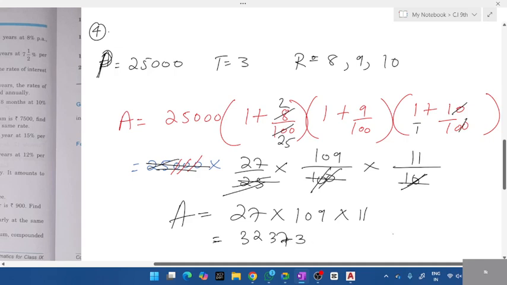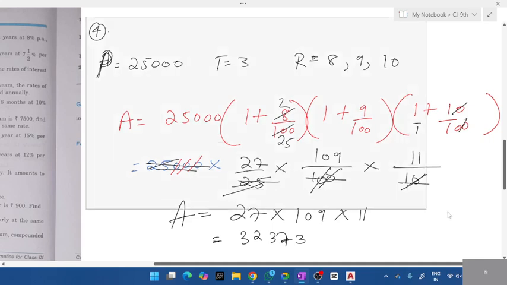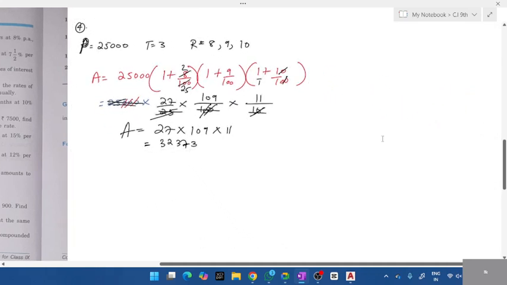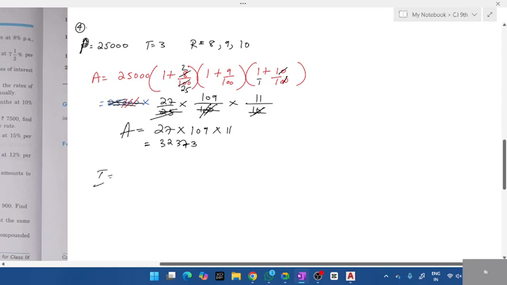Okay, then what will be the interest? See, such a simple question. You have to find the amount and interest. If you use the formula, it is very simple to do. Interest is equal to,